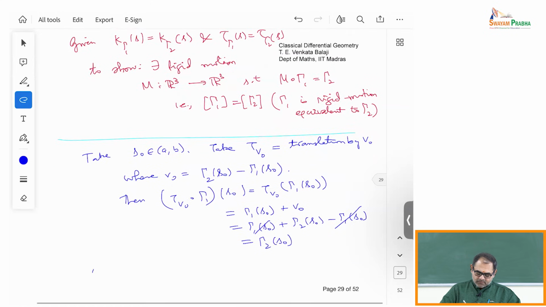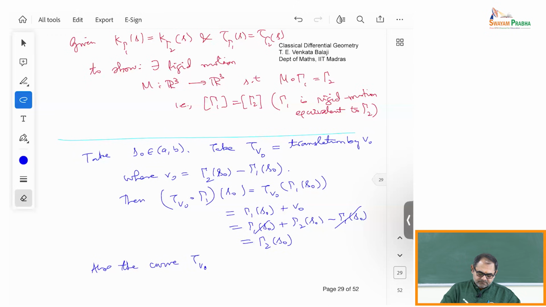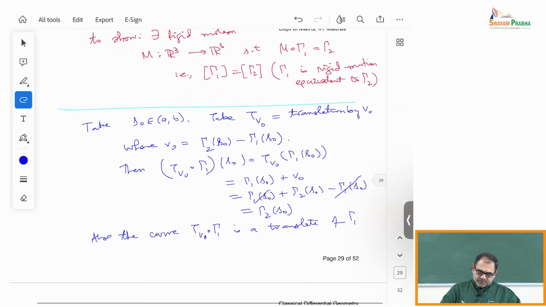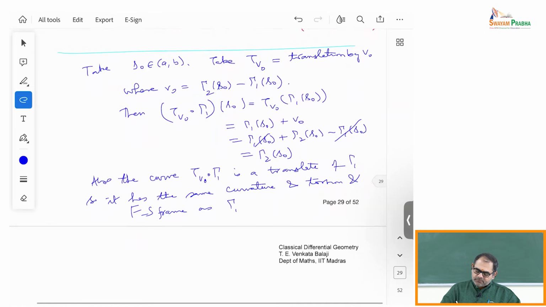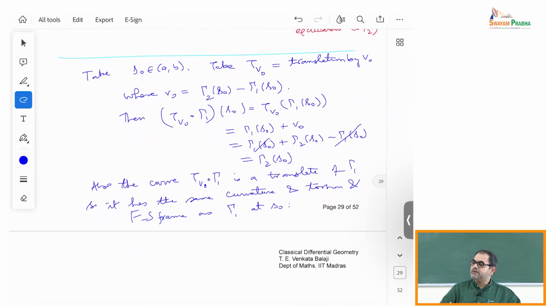Okay. Also the curve TV naught circle gamma 1 is a translate of gamma 1, so it has the same curvature and torsion and Frenet-Serret frame as gamma 1 at S naught. Okay. So